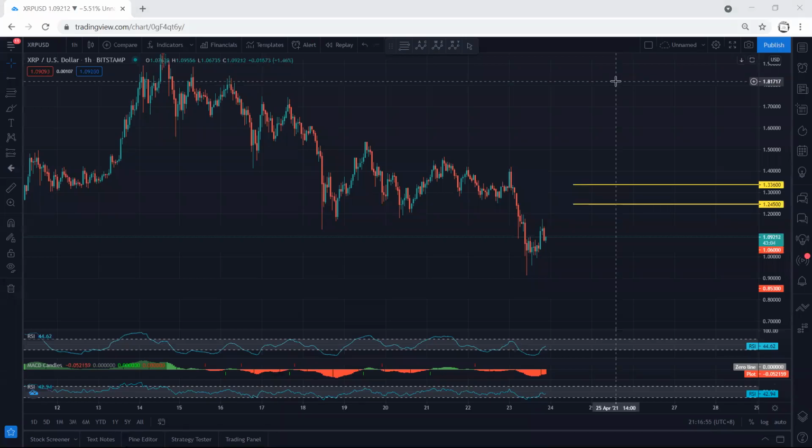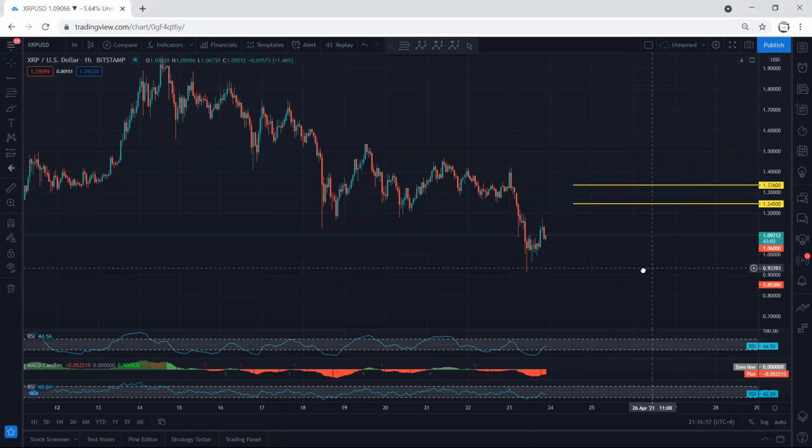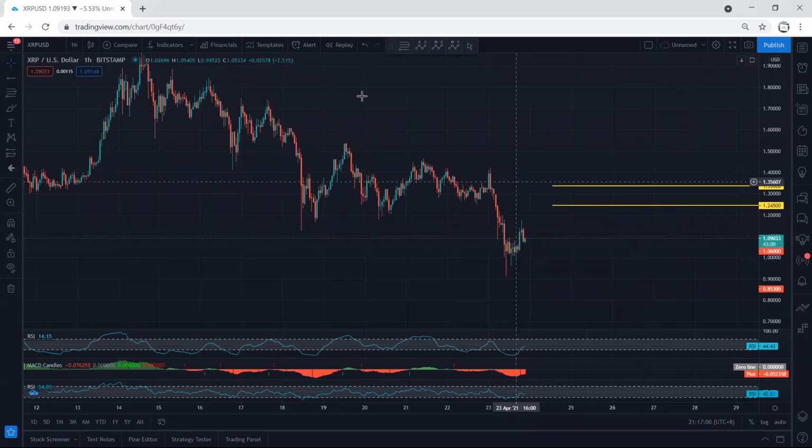XRP, we start with the 1 hour chart. I just want to give a quick update. First of all, if we refer to our analysis, we mentioned we want to see whether we can get the reversal or the correction for one more drop. Since we have this short move, we can still expect either the reversal or a move